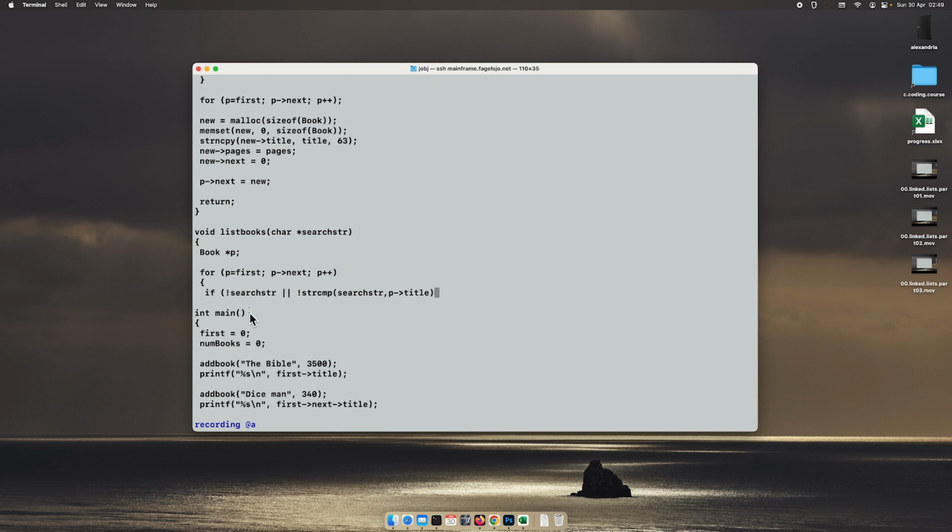So either the search string is 0 and we just want to list all books, or the search string matches the title. If any of these are true,